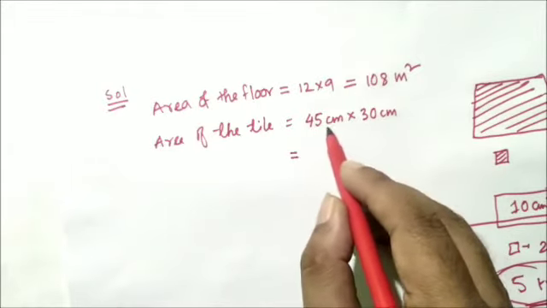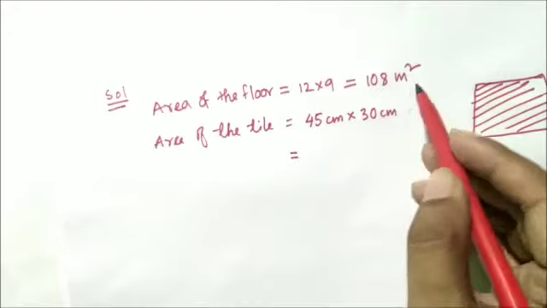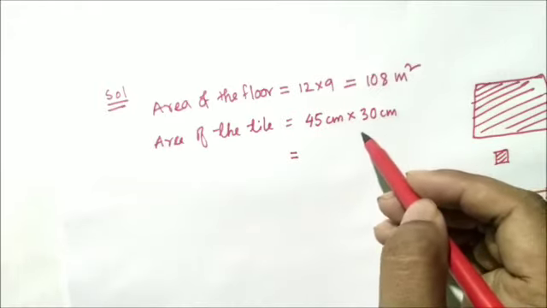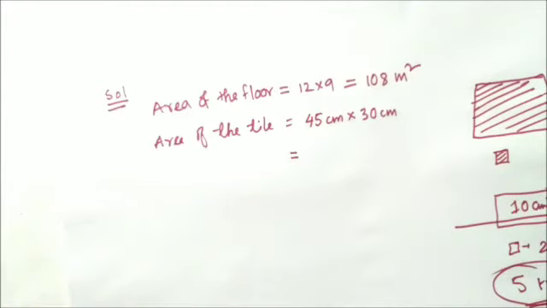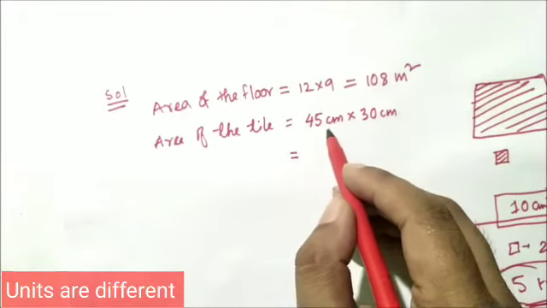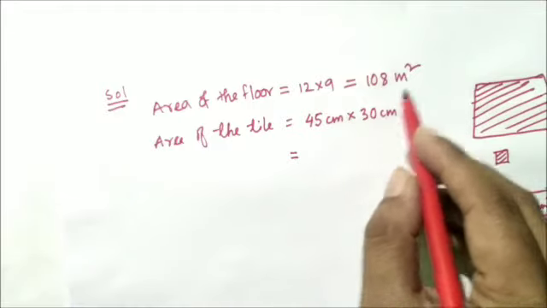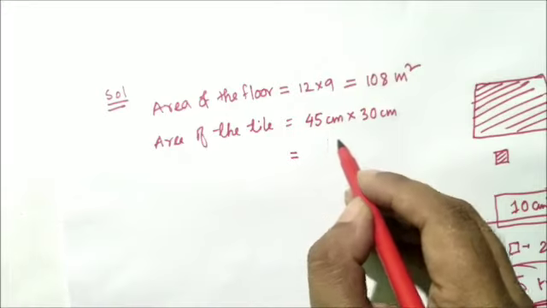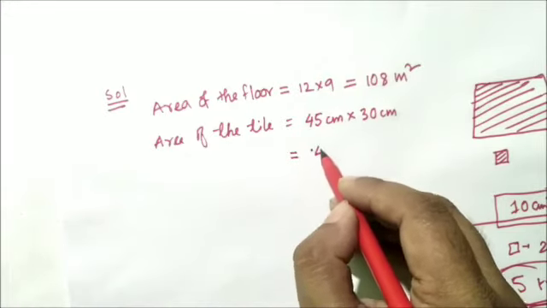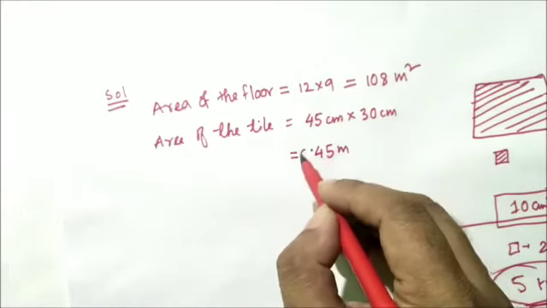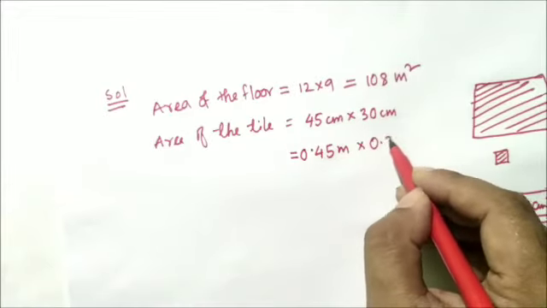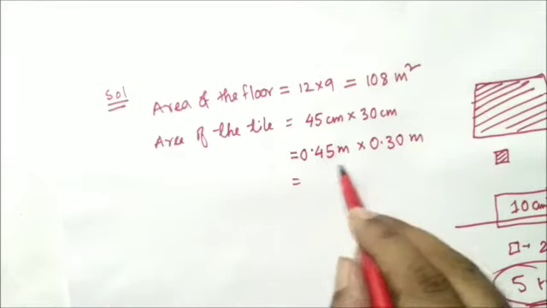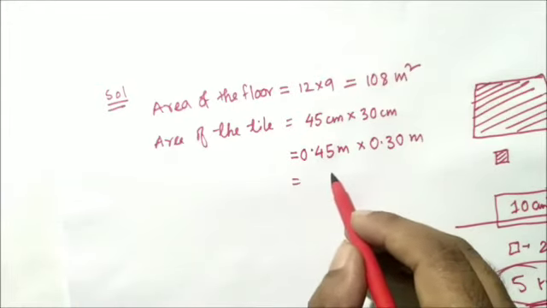45 centimeter means, you see, this is square meter and this will be square centimeter. Now the area is different. So that's why we will change the unit to square meter, and we will convert this centimeter into meter. So 45 centimeter means how many meter? 0.45 meter, and it will be 0.30 meter, right? So the area will be what? If you multiply this one, then definitely you will get